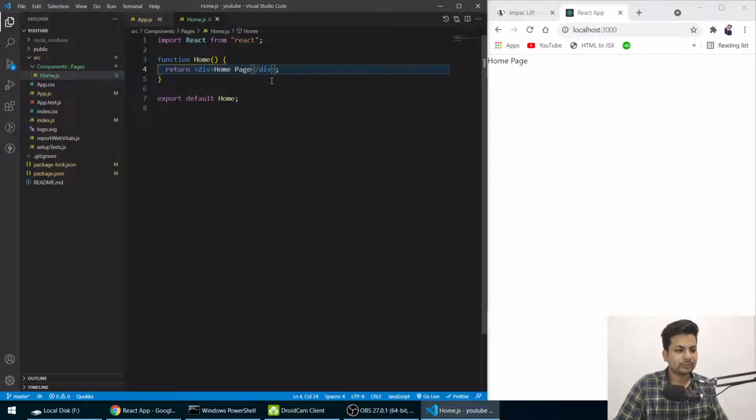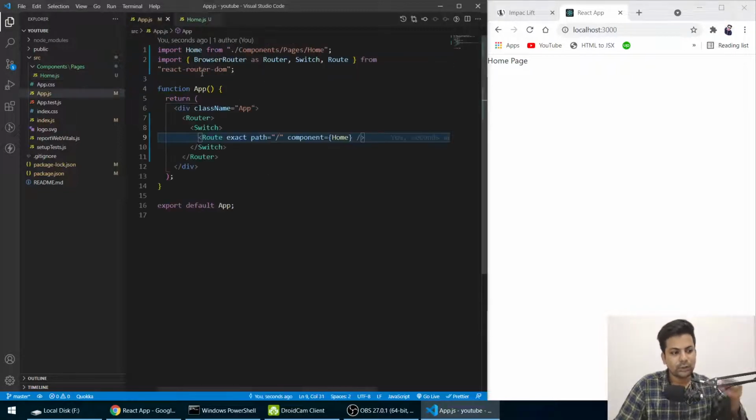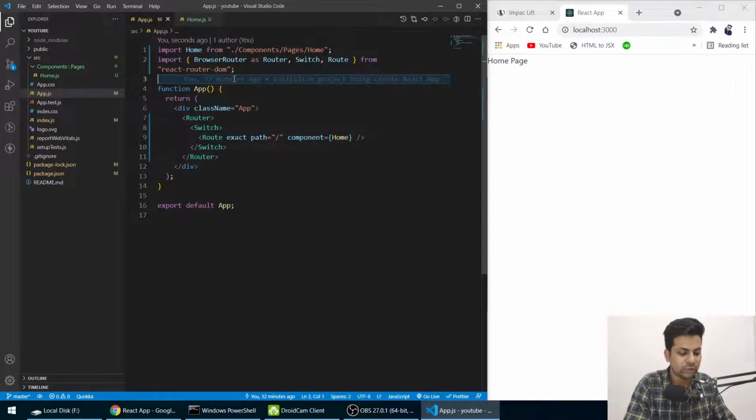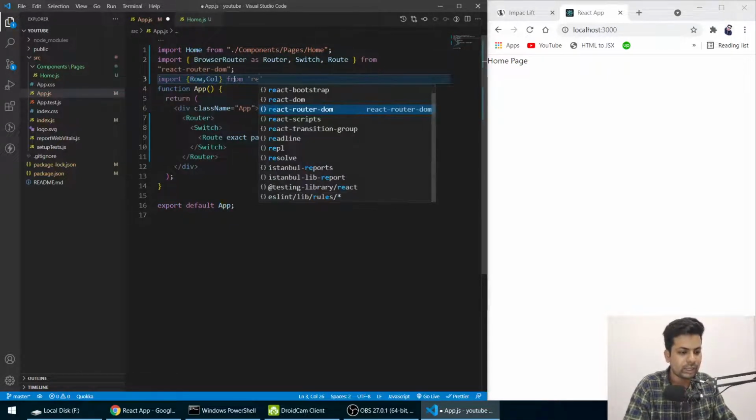So firstly, because we'll be using bootstrap, we have to wrap everything in bootstrap. So we'll say import row, column from React bootstrap.